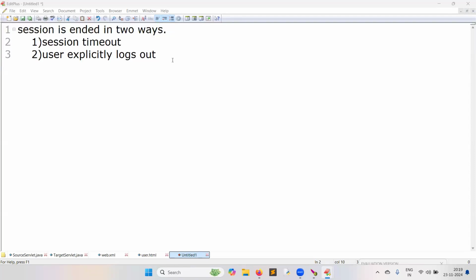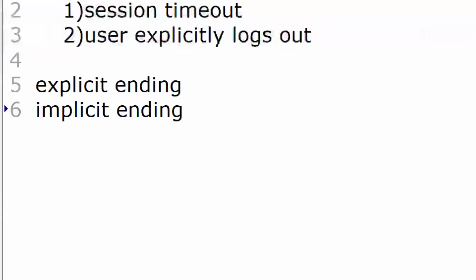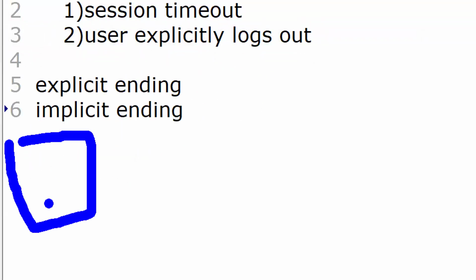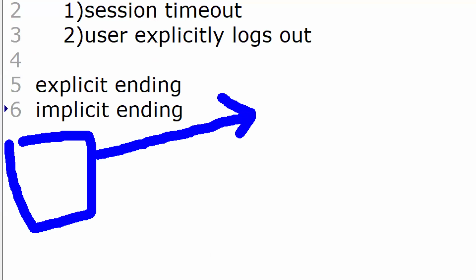The actual story is how to end the session. One is explicit ending of the session. One more is implicit ending. Explicit ending, implicit ending, automatic ending. For example, a user logged in and sent the request.